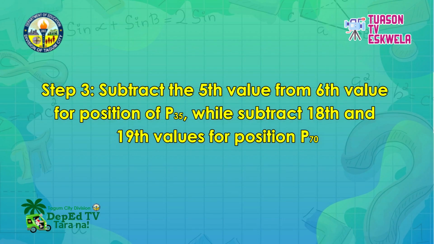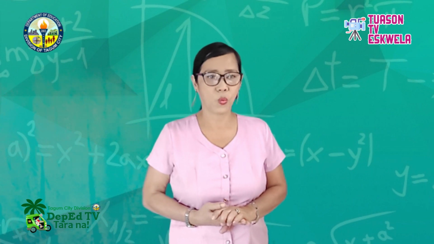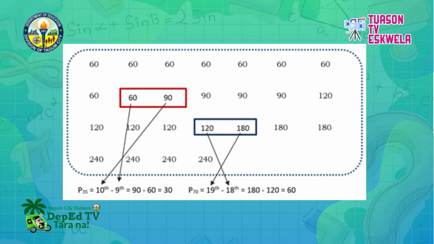For step number 3, subtract the 9th value from the 10th value for the position of P sub 35, while subtract the 18th and 19th values for the position of P sub 70. How to determine the 9th and the 10th values, as well as the 18th and 19th values? We look at the arranged distribution of step 1. Then count from left to right until the desired end values. Okay, we will count together. So,